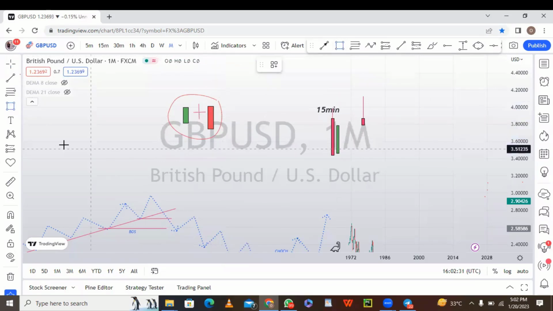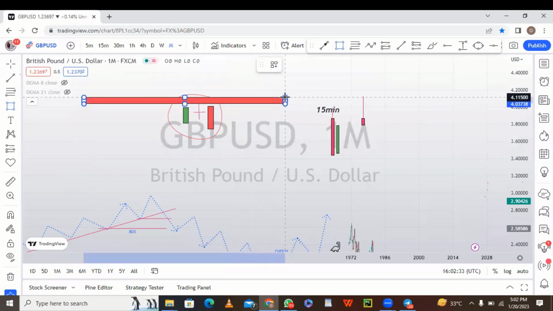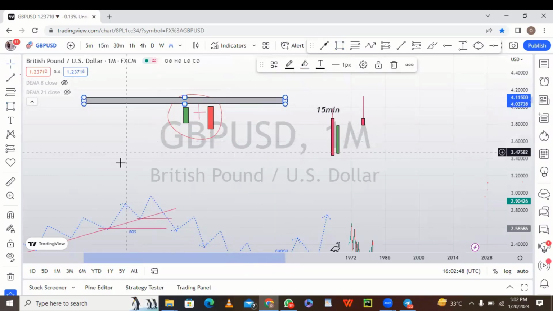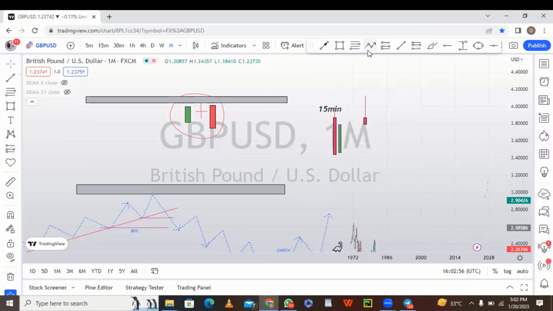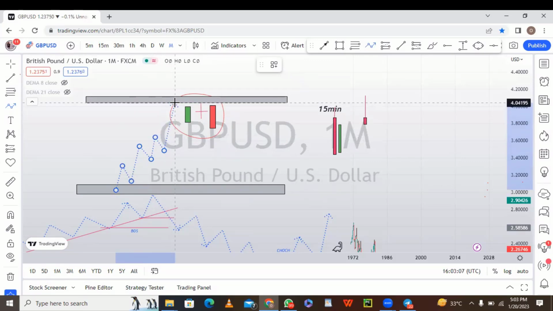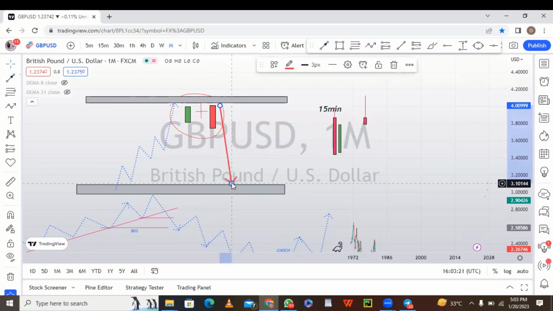You want to see them form at your resistance level. You want to see this candle form at your resistance level. Why morning star? You want to see them form at your support level. Okay? So take for instance, if you observe that the market is moving like this, to the upside, and then all of a sudden, from this point, the market gets to this point and forms this type of candle. The next move that may likely happen after this candle is formed is that the market will start moving from here all the way to this point again.